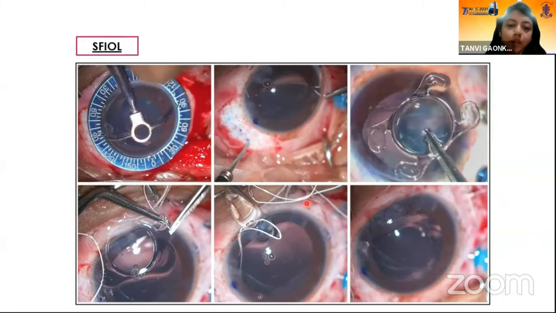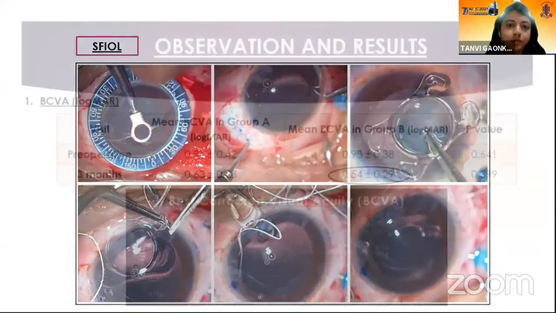A superior clear corneal incision was created, followed by insertion of the IOL into the anterior chamber, and then the sutures were passed into the anterior chamber and externalized through the respective sclerotomies. After ensuring IOL centration, these sutures were tied and the tension was titrated.